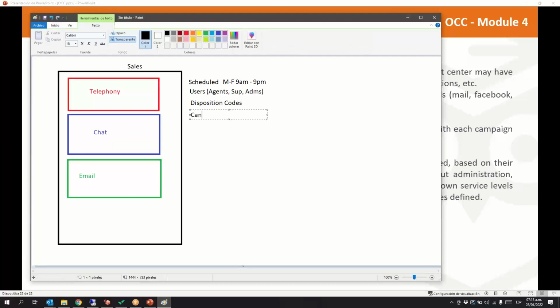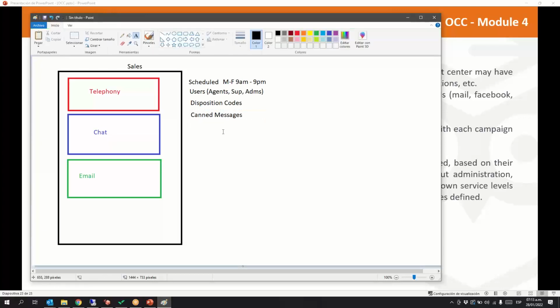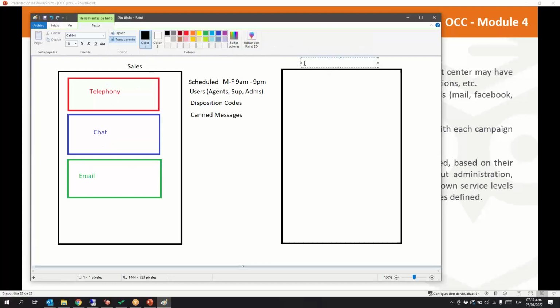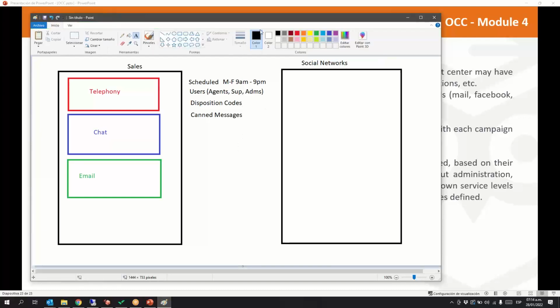Also, the canned messages are a configuration for the campaign and not for the account. Okay. So what happens? You need to be very careful on what you want to build regarding the campaigns. For example, this is a very common thing. Sales has its telephony, its chat, and its email. But for example, social networks, maybe Facebook,